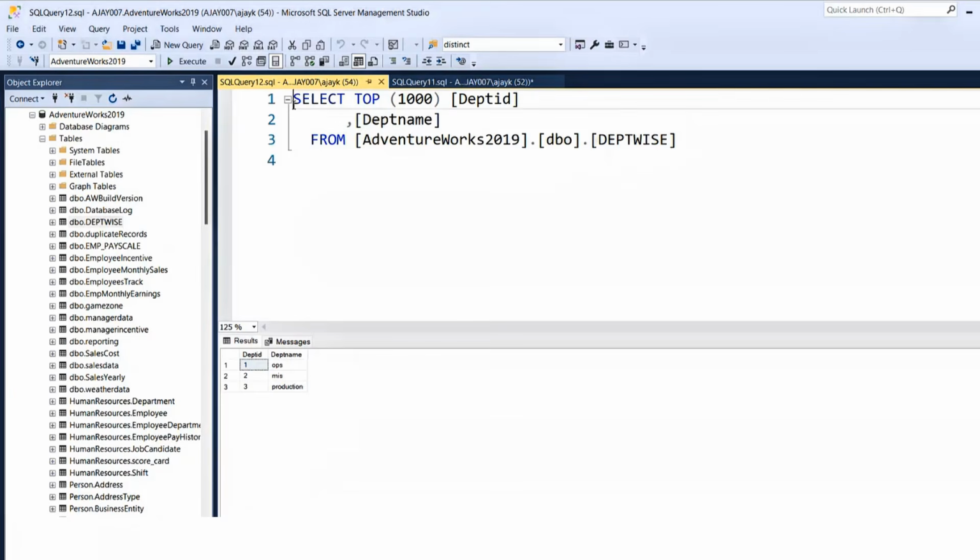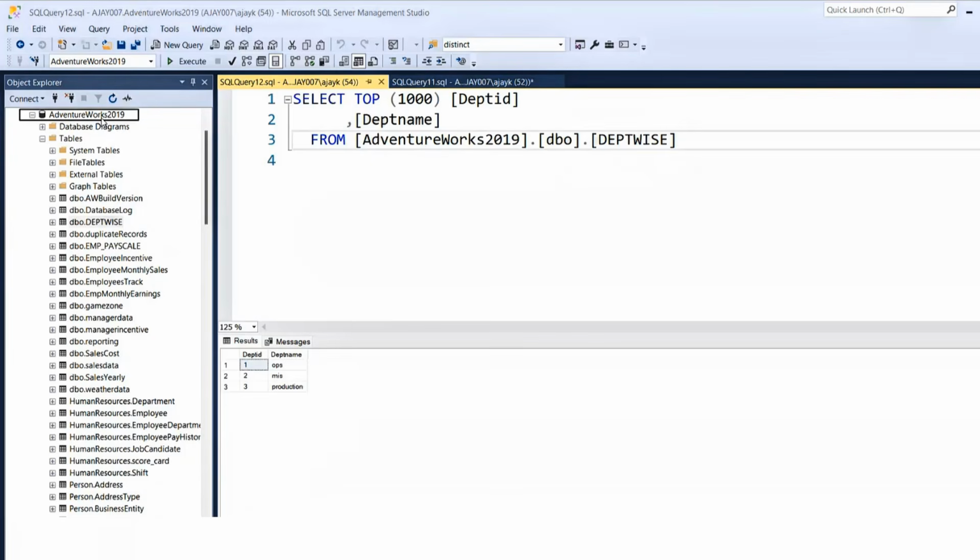Okay, so now we know what a database is, and inside the database I have a lot of tables. Now if you see here, this is my database. I'm going to tell you how I have downloaded this, because for practice we need a database. So Ajay, can we not have our own database? I mean, do I have to really download this?